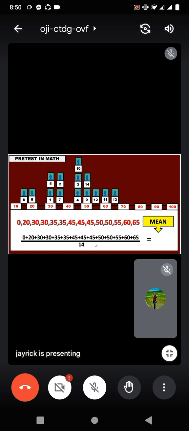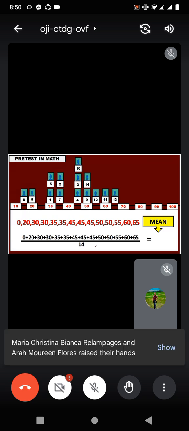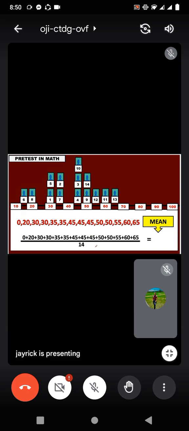Yes, this is because we have a separate session when it comes to determining or calculating the outlier. Zero is considered as an outlier. Why is this called an outlier? Bakit outlier ang zero? Because it is what? Different, sir. Very good. It is very different from the rest of the scores. Imagine, merong 20, 30, then bigla na lang nag-zero. Okay, let's presume na lang na may ganito.